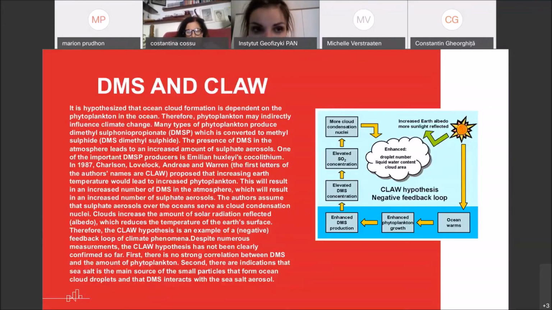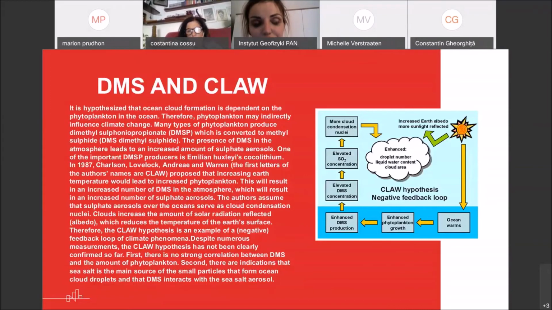So this is basically the idea of the CLAW theory or CLAW hypothesis, which was, like I said, originally proposed in late 20th century. In climate change studies, we know a lot of positive feedback loops. That means that the effect enhances the cause even further, a sort of vicious circle. But in this case, it would be more optimistic, like a self-control mechanism proposed by the geosystem. The CLAW hypothesis is not